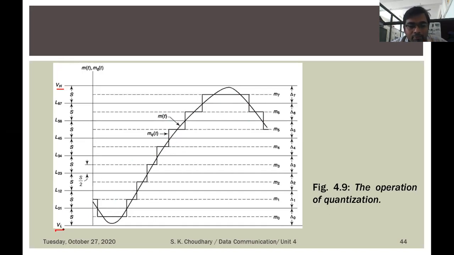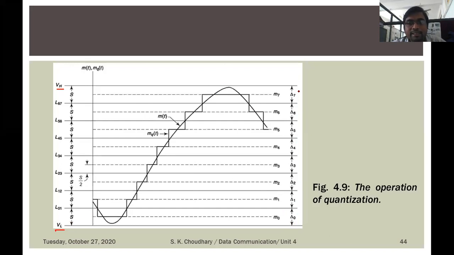Okay, so we have to first define the range of the signal, and after defining the range of the signal we have to divide it into some step size. Here for this example we have considered M equal to 8, which means we have to divide it into 8 equal intervals. So for that you can see that we have divided it into delta naught, delta 1, delta 2, up to this. Each value has the equal size.